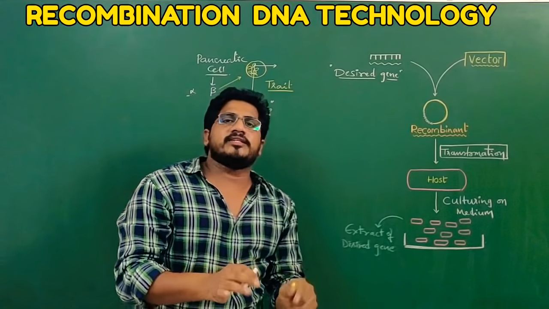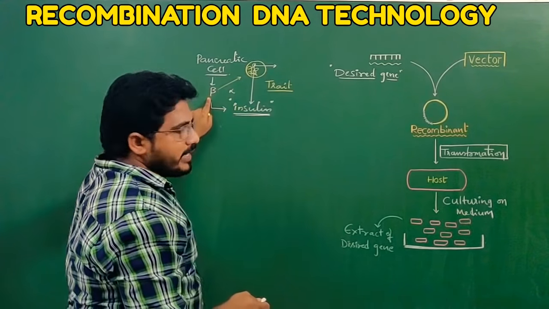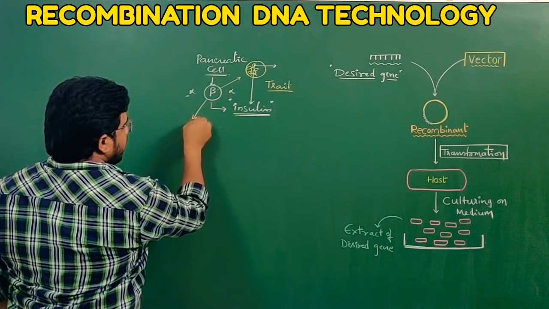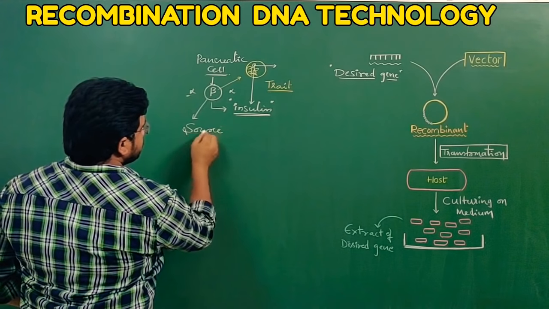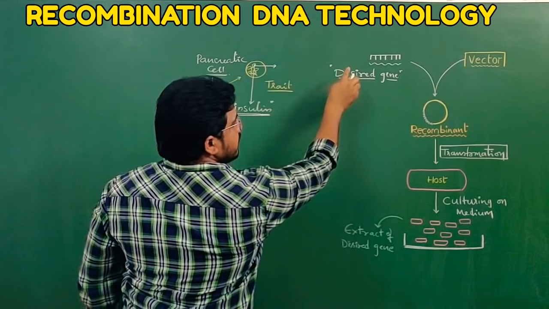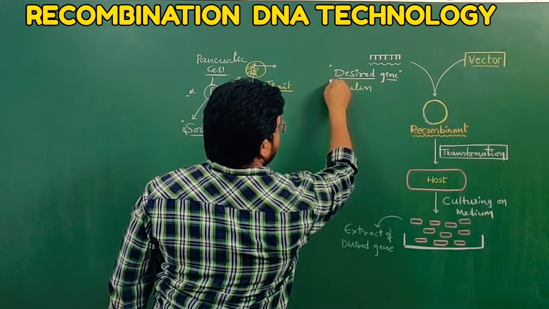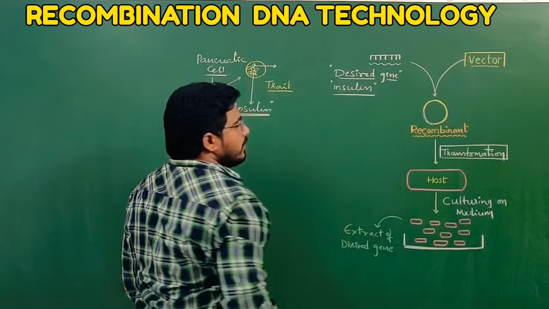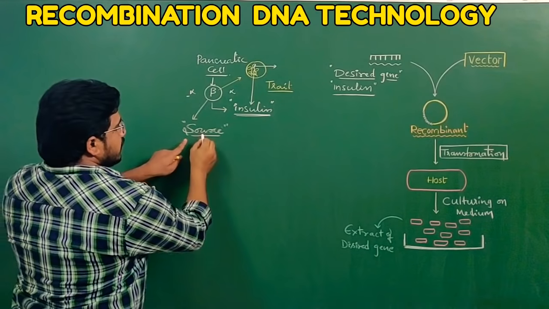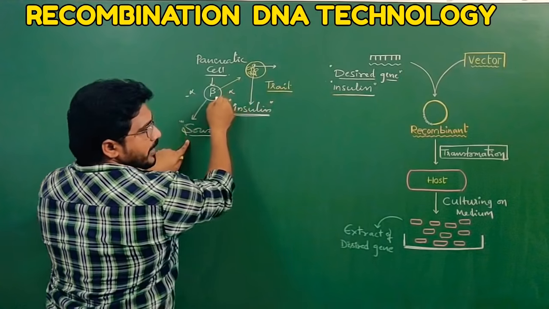But in a person insulin production is absent. From other human cell we have to extract. Which cell we have to take? Beta cell. So this beta cell is called the source for the desired gene. Here the desired gene is insulin. This is only one example. Don't think in biotechnology only insulin will be used. It is one kind of application. Okay. Now the source of the desired gene, today what we are discussing about insulin, is beta cell.